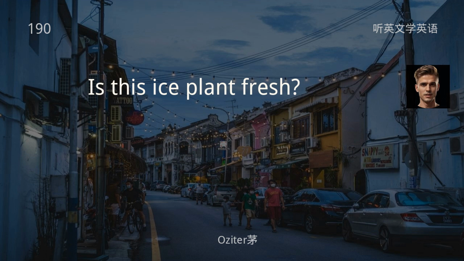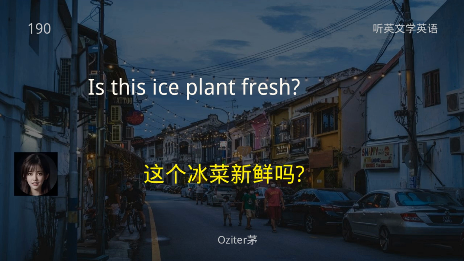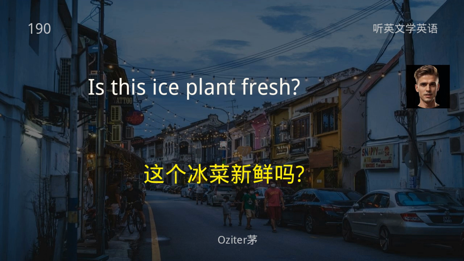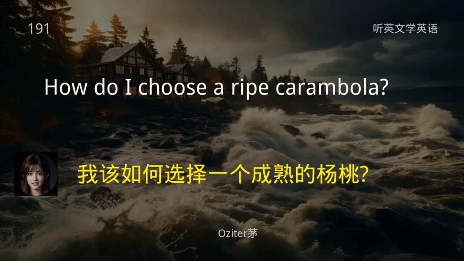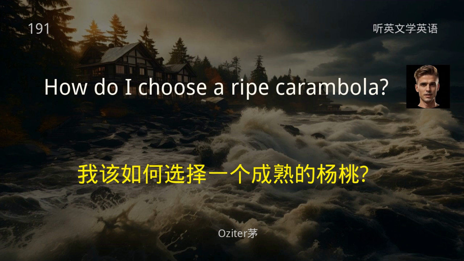Is this ice plant fresh? 这个冰菜新鲜吗？ How do I choose a ripe carambola? 我该如何选择一个成熟的杨桃？